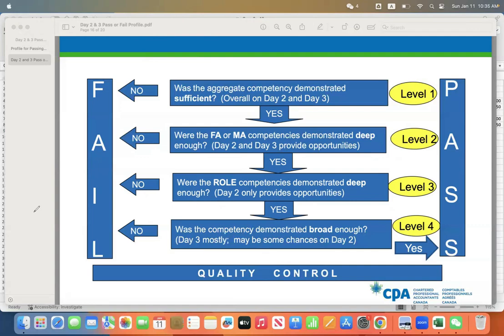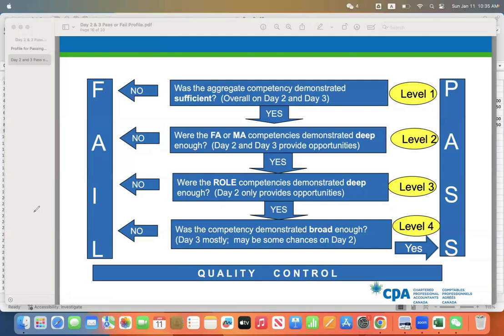Agree on that. So after day two, if you think you didn't do well and you want to skip day three, I'll tell you, don't. Maybe it's just in your head. Maybe you're going to pass day two. You have to go to day three. If you go, it at least gives you an opportunity to pass the CFE exam. If you skip day three altogether, it is solid that you're going to fail. So just give yourself a chance.